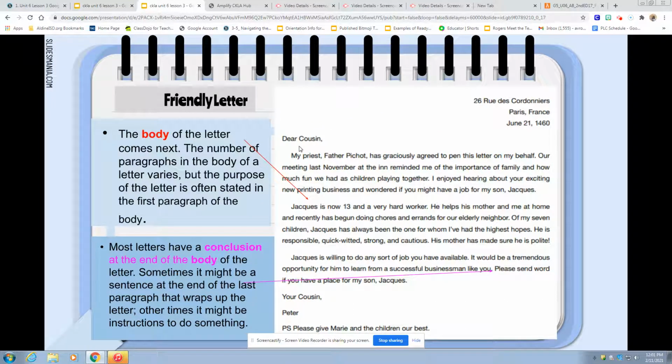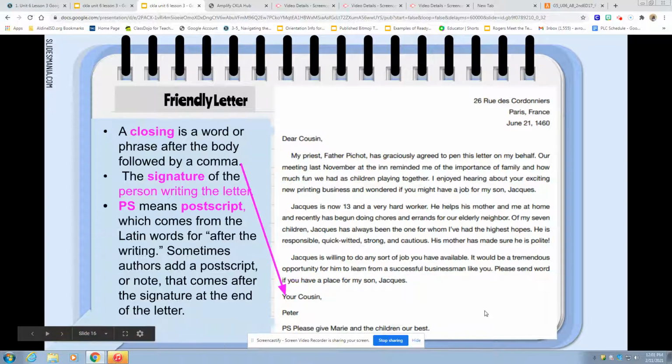Then you have your body. The body of the letter comes next. The number of paragraphs in the body varies, so you can write however many paragraphs you want to. The purpose is often stated in the first paragraph, so here you probably will tell why you're writing. Then most letters have a conclusion, or the end of the body. Sometimes it might be a sentence in the last paragraph that wraps everything up. So you might say, I hope this finds you well, and it gives instructions on what you might want them to do. Then you have your closing,